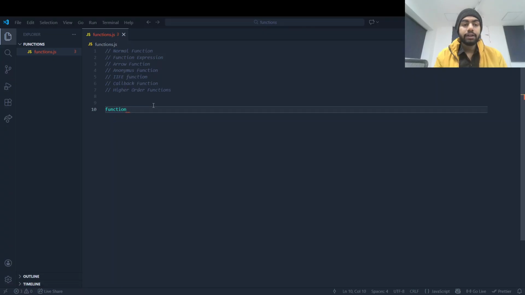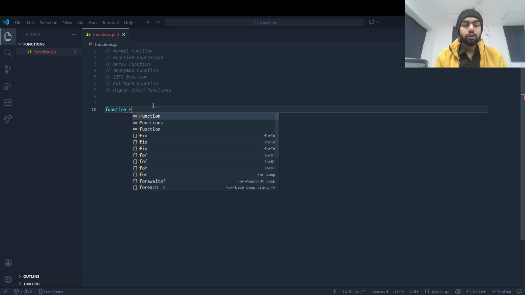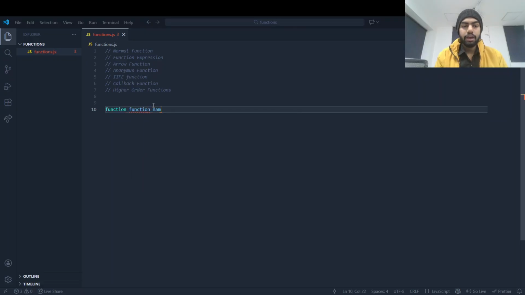Here function is a reserved keyword, and then we write our function name, and then parenthesis, and then a block. Inside the parenthesis we will write our parameters, and inside this block we will write the work of that function.